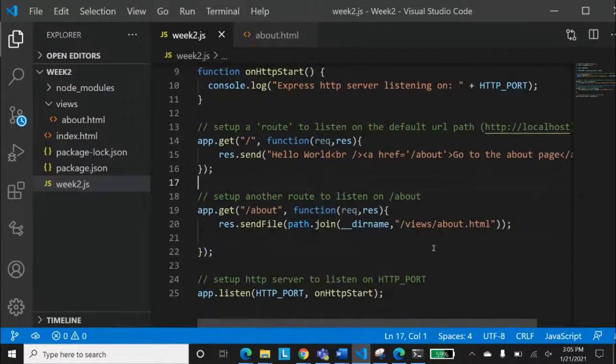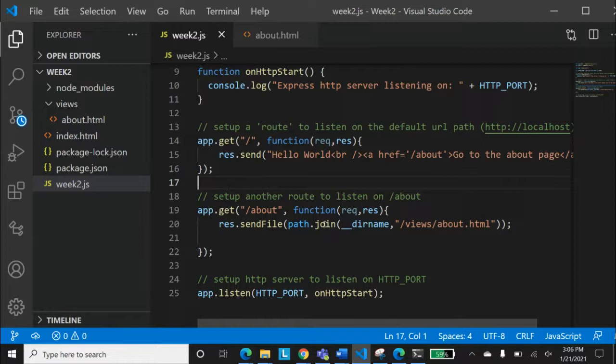Now, how many of you are running it successfully? Please let me know. Oh, okay. We have not added the index. We are not working on index right now. We are just working on this about.html, and we can add that index also. Yes, you can add that index later on also. If you want to send that, you will be sending that file over here. If you want, I can use that index.html.